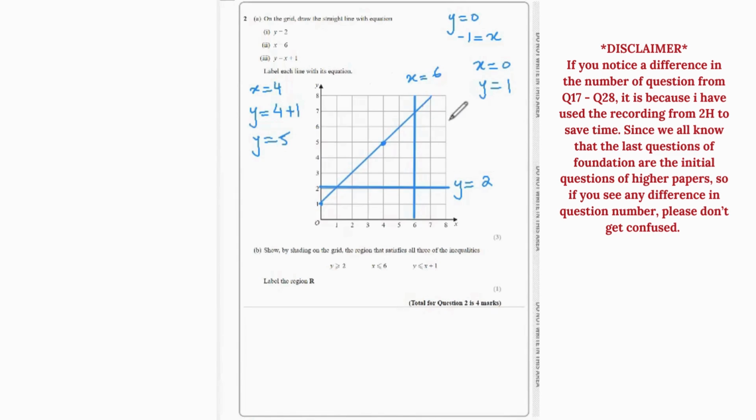So this is your y equals x plus 1. After that it says, show by shading on the grid the region that satisfies all 3 of the inequalities, where y is greater than or equal to 2. So y is greater than or equal to 2. That means we're going to shade the values that are above the line, because we're talking about the values where y is more than or equal to 2. So values of y are increasing. So that's